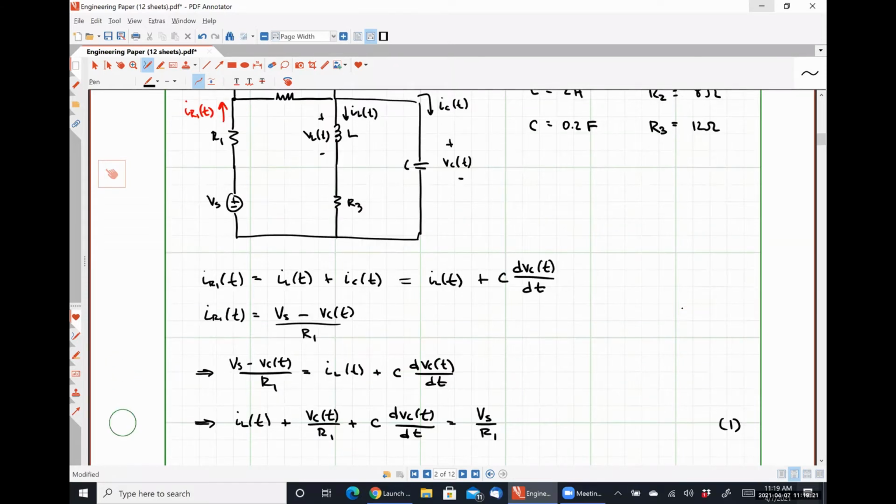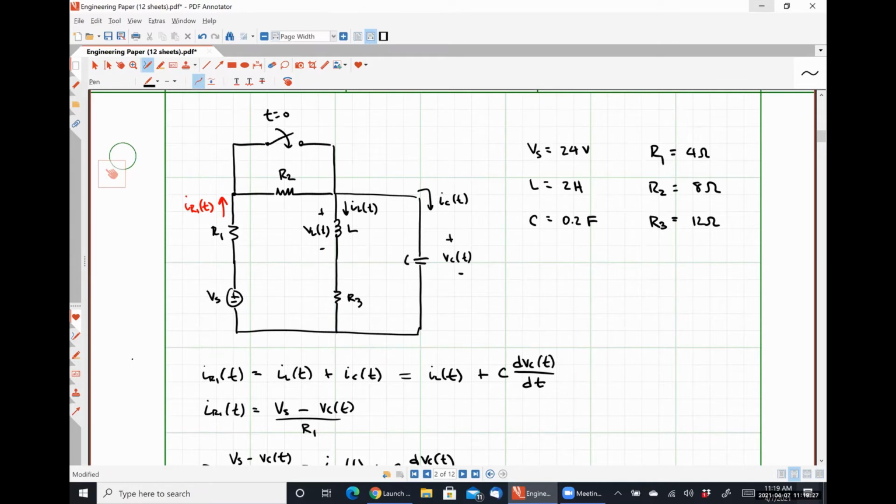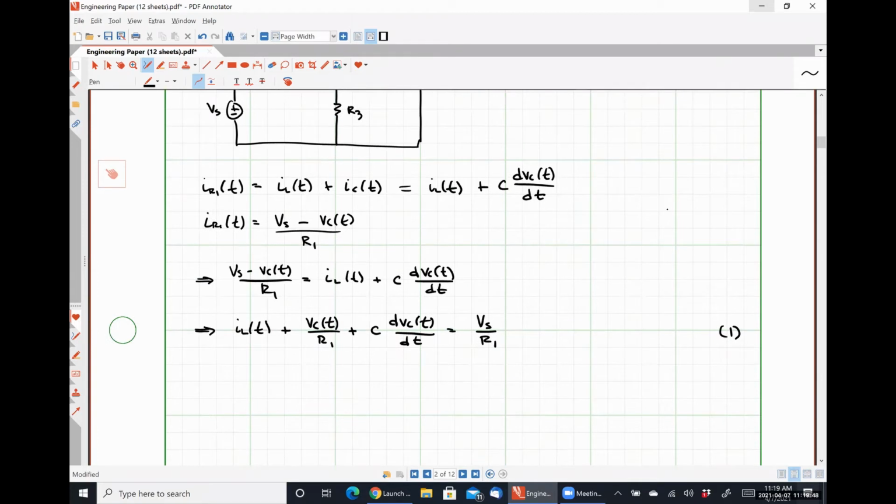So with that taken care of, that's one equation. Another thing I could do here is Kirchhoff's voltage law, and I can say that my capacitor voltage Vc of t is equal to the voltage drop VL of t plus the voltage drop over that resistor R3, right? Just Kirchhoff's voltage law. So let's take care of that. So we have Vc of t is equal to VL of t plus R3